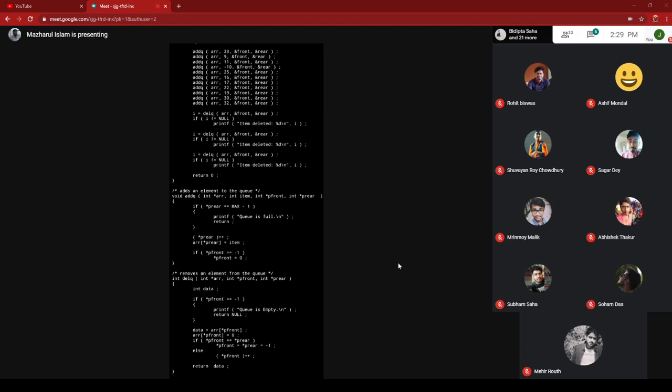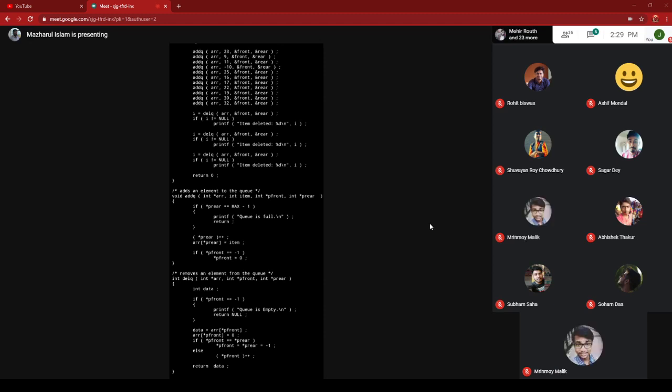Otherwise rear plus plus. So what I told you in the theory, every time when you insert new element, queue rear will be updated first, then one room to hold the new element will be created and you will assign item there. But in case of deletion, you will take that item which you want to delete and then modify the front.